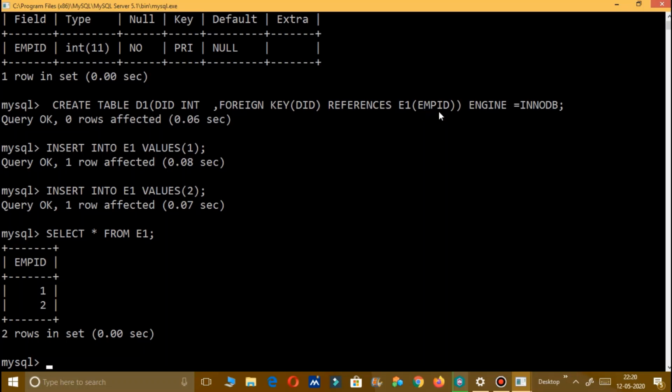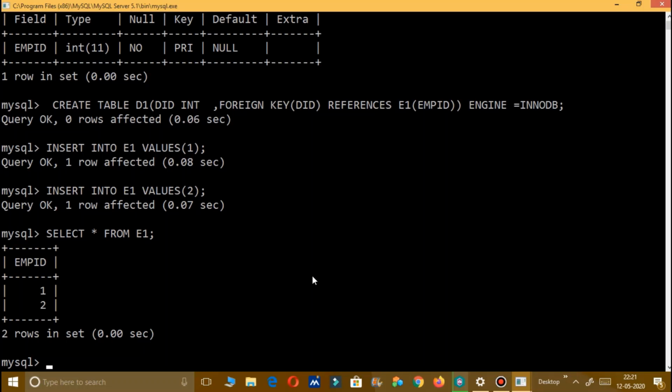So this employee ID is controlling department ID. If any entry is not done inside this employee ID, you will not get any department ID. Now we should try inserting values in department. What I am saying is that if entries are not done here, then you will not get any department ID. If you have not received an employee ID, then no department ID will be given. So only 2 members are eligible for getting the department ID.